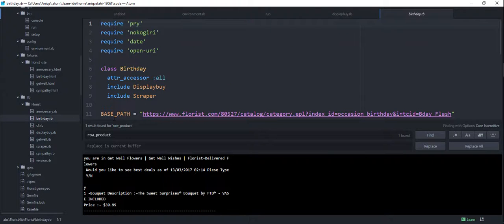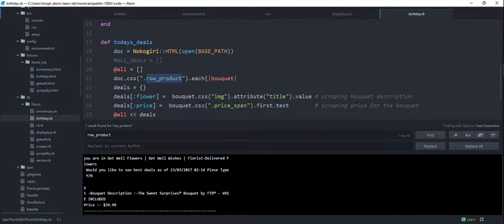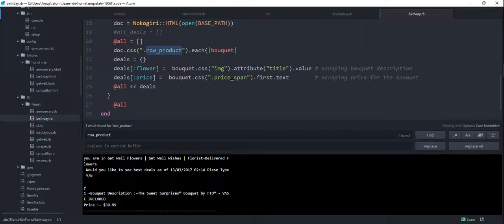Every single flower deal that we saw on that page has this class. So we use that, and what we do is scrape: we go to the image, then go to the attribute of the image, which is title, and then we get the value. For the other class, price span, which actually has the prices of each one of them, we get the dot first